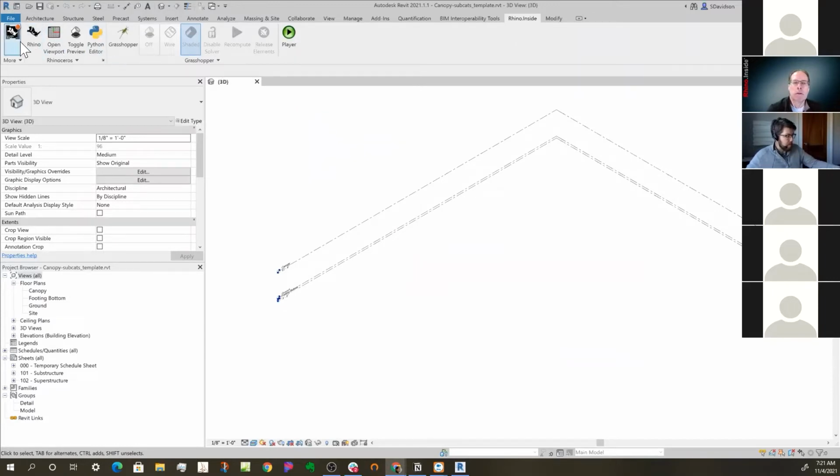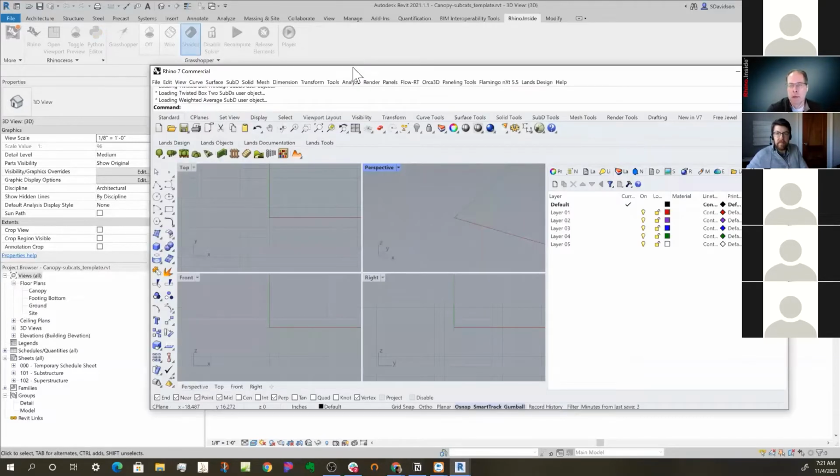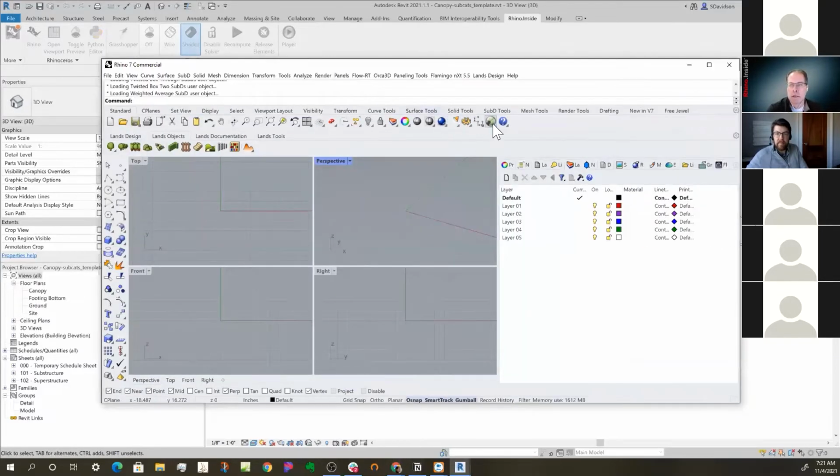All right. So now we've loaded this. These have all come up, and I'm just going to look at a few pieces here. If I load Rhino, Rhino comes up here. It is Rhino. The difference is that Rhino knows that it's running inside Revit. And so, for instance, when I load Grasshopper,